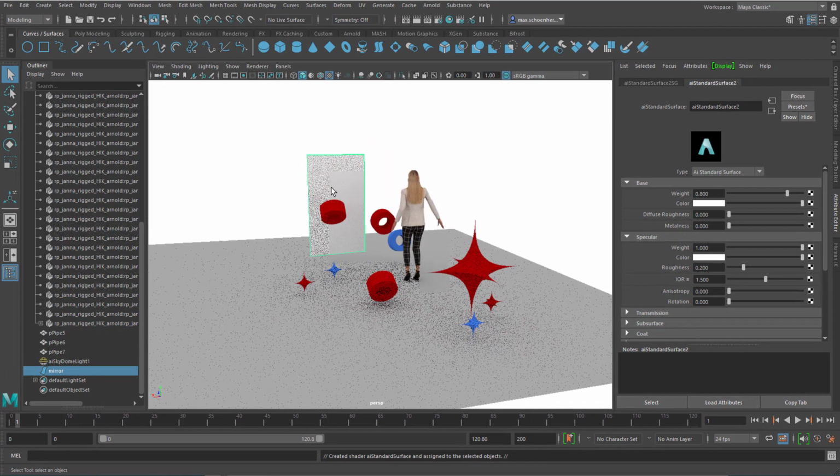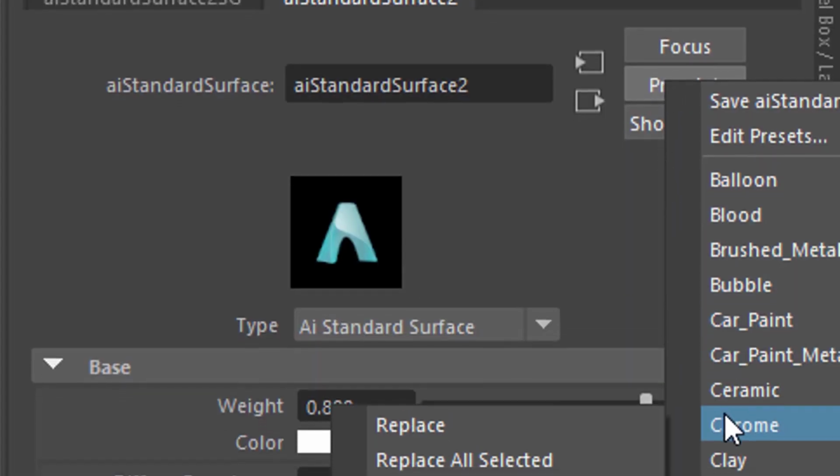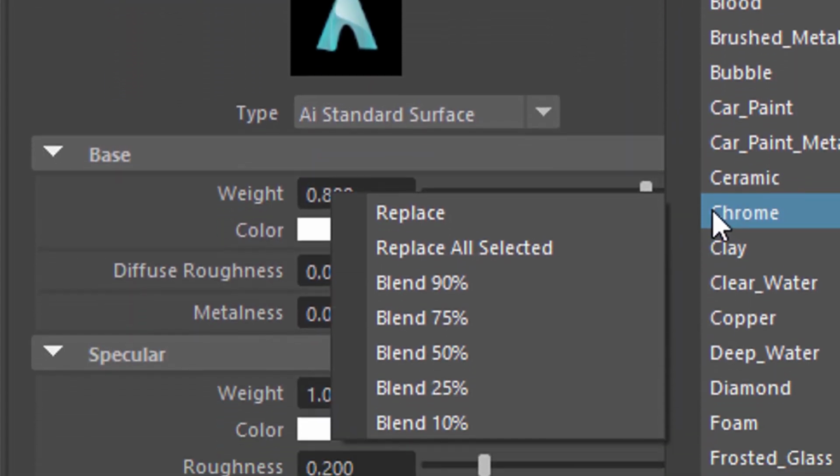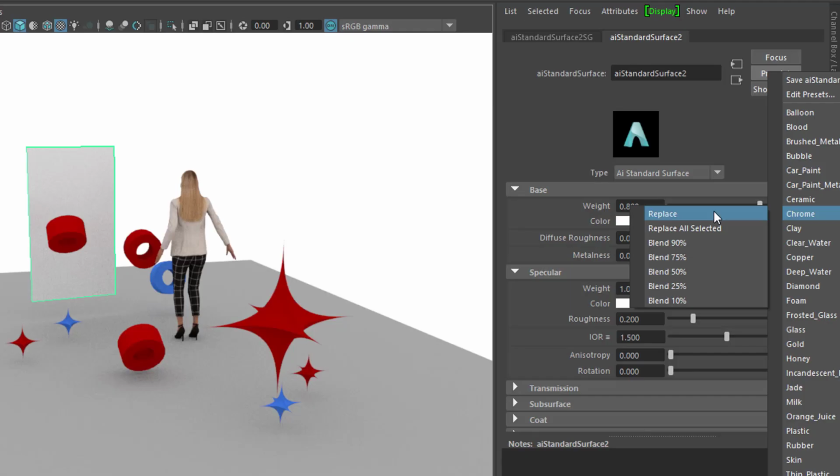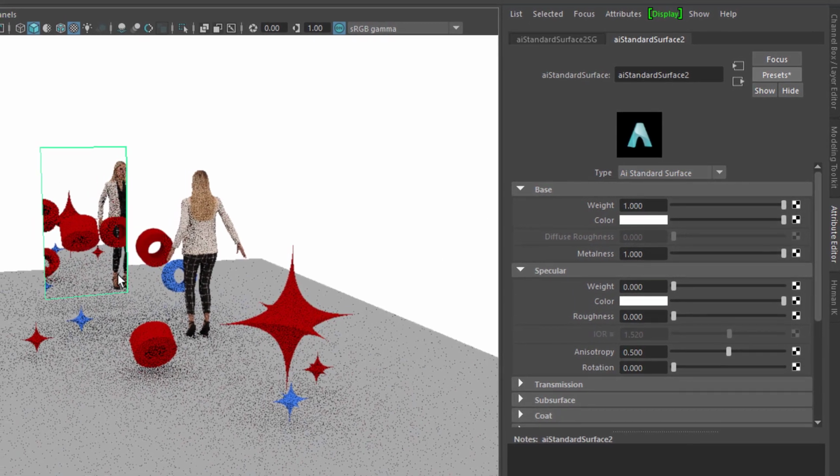It is white rather than gray, as you can see here. But now we could increase the specularity from 0 to 1. It's already there. Reduce the base color weight or whatever. But presets, and here we have chrome. And chrome is a material which is basically 100% reflective. So we replace the current shader and now we see our mirror,